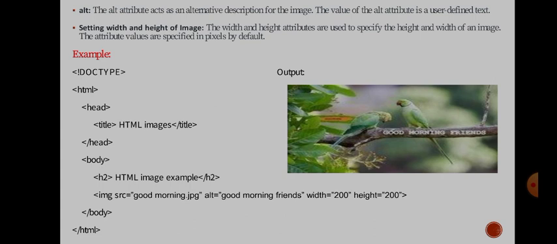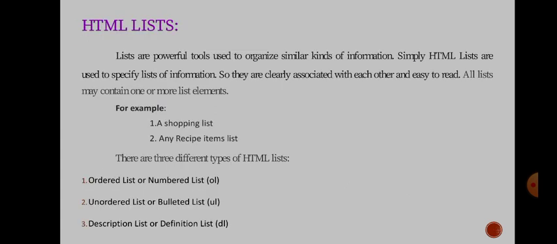And the next one is setting width and height of images. The width and height attributes are used to specify the width and height of an image, and these attribute values are specified in pixels by default, and we can also use percentage values. And in this example,